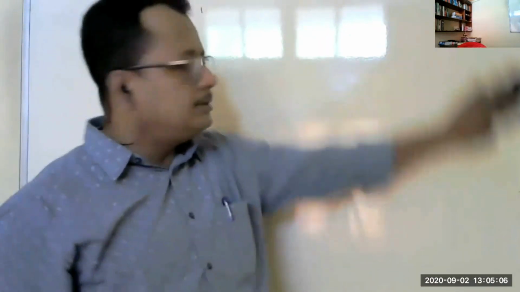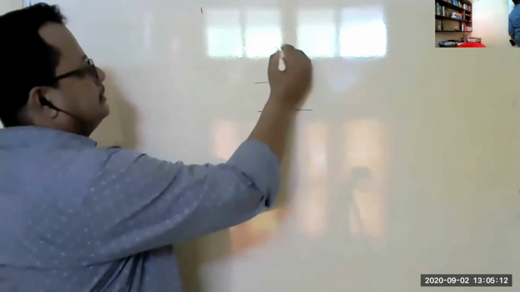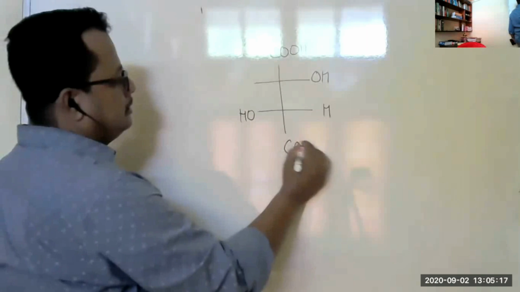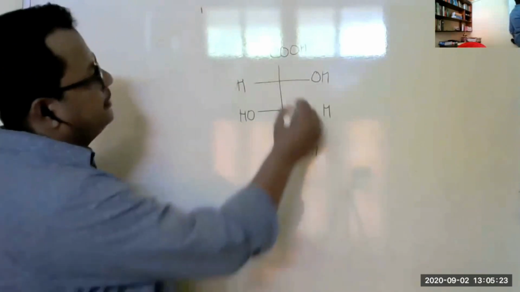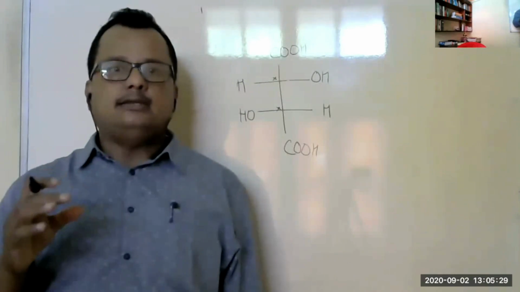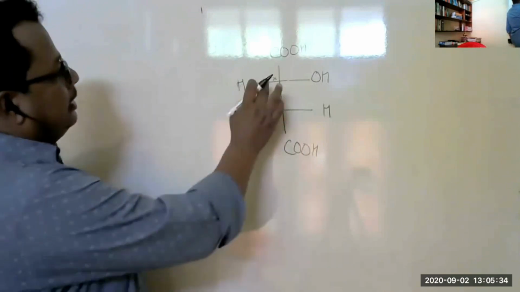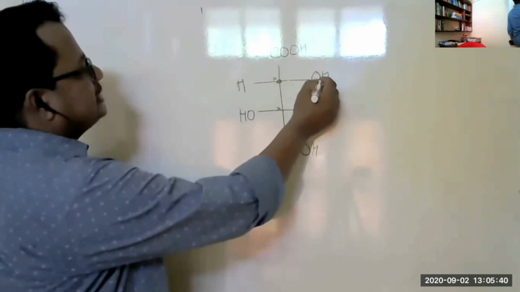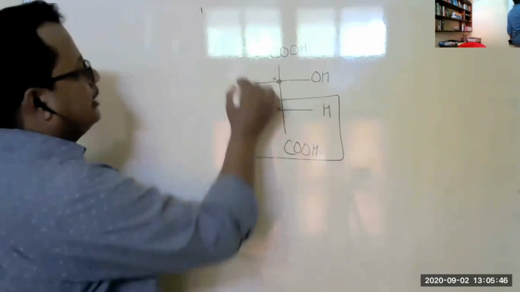So what about tartaric acid? Here we can see tartaric acid. COOH, OH, H. So here, this is one stereocenter, this is another stereocenter, and we have to assign configuration independently at each stereocenter. So here, first of all, I will assign configuration to this stereocenter, and it is attached to OH, COOH, H, and this particular group. This is another group. These are the groups.